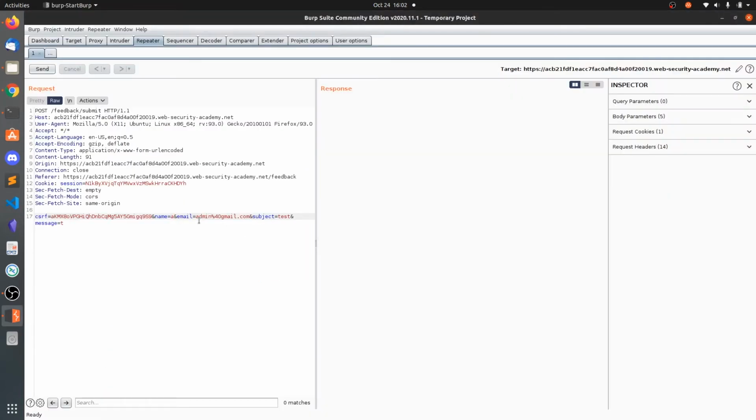In case we don't know where to inject, you can inject in the email address, subject or message. Let's try the name field. We can put & and then ping -c 10 packets 127.0.0.1 and put & again.